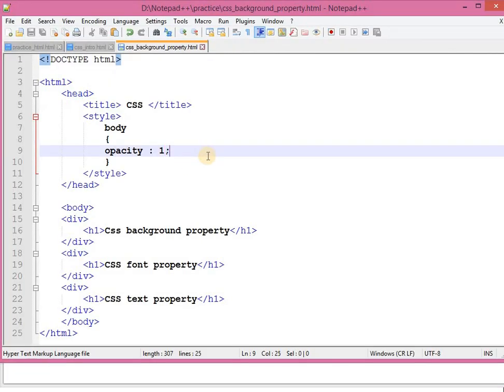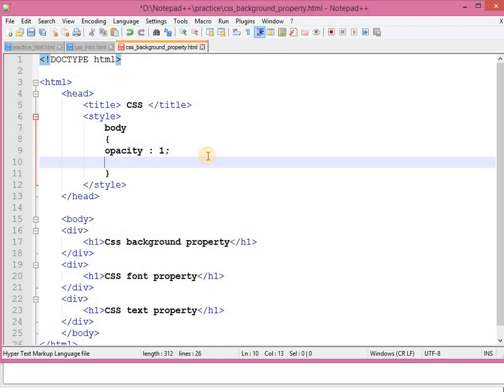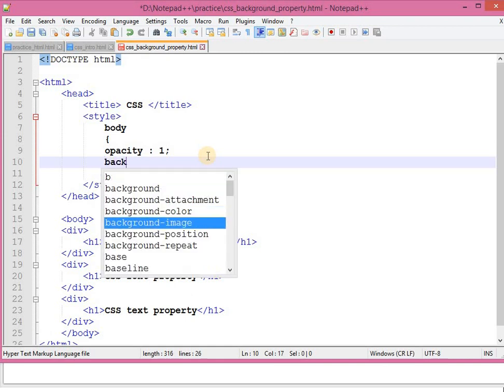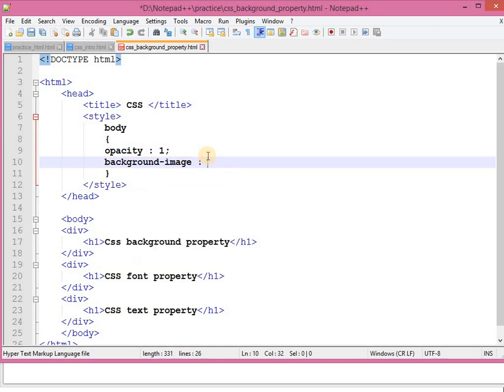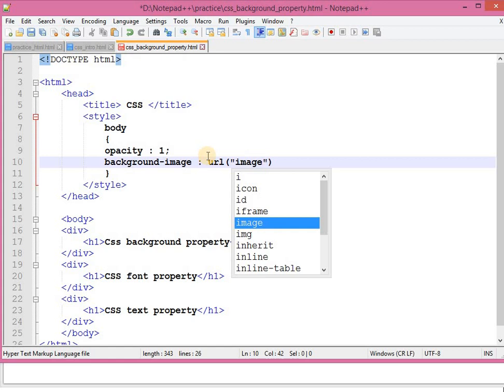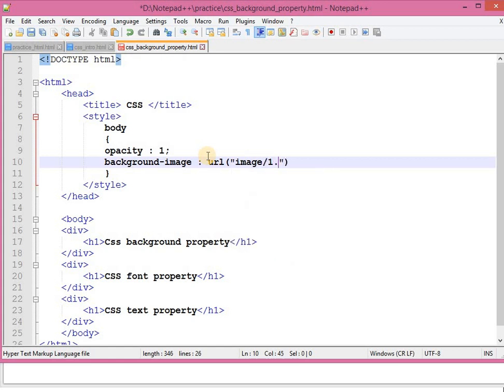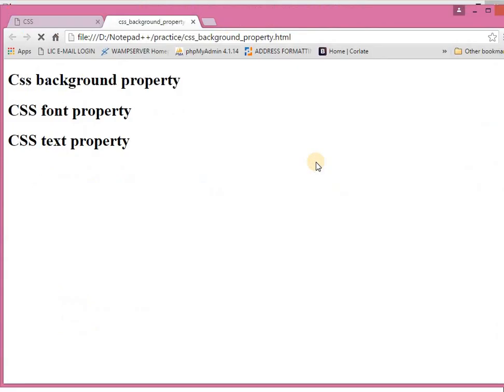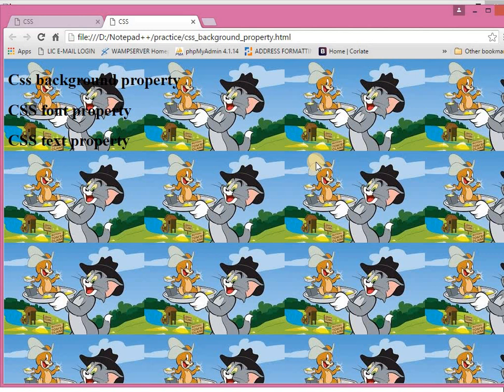Now let me give it the background image property, URL image, inside image 1.jpg. F5.